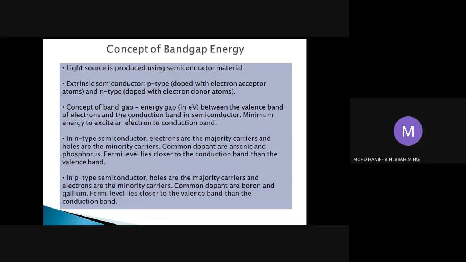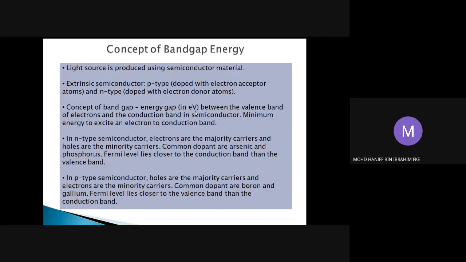Okay, so the band gap or energy gap, which is normally measured in electron volts, is the energy gap between the valence band and the conduction band in a semiconductor. I hope you have been informed before about the valence band and conduction band in semiconductors. So it can be said that this band gap or energy gap